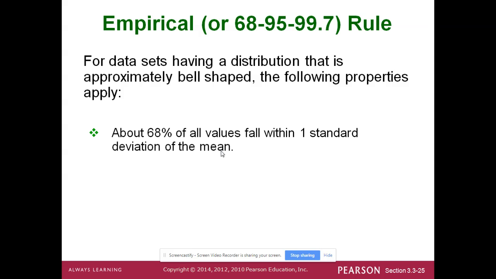Okay? Some things that apply. 68% of all the values are within 1 standard deviation of the mean. So if we're dealing with a bell curve,